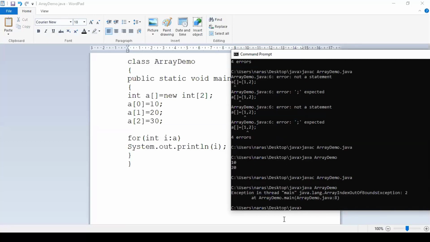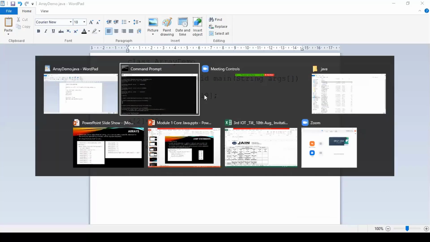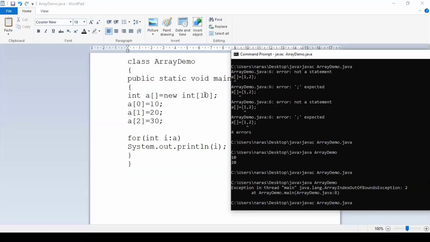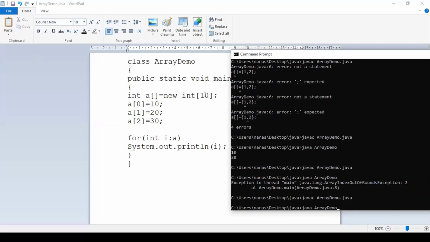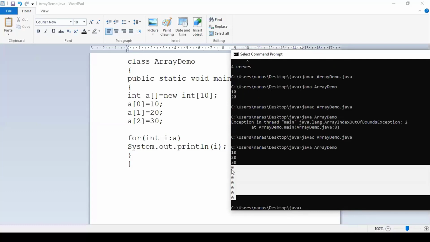Let's see, I have declared an array with size 2. This I have to take care of. Say for example, I'll give 10, no problem. I have that much bigger array now. Copying is done, means compiling is done. See, it is printing all other elements as 0. Right? So what we have said, it will be initializing every element with a 0. So it is navigating till the 10th element, it is printing the values for me.